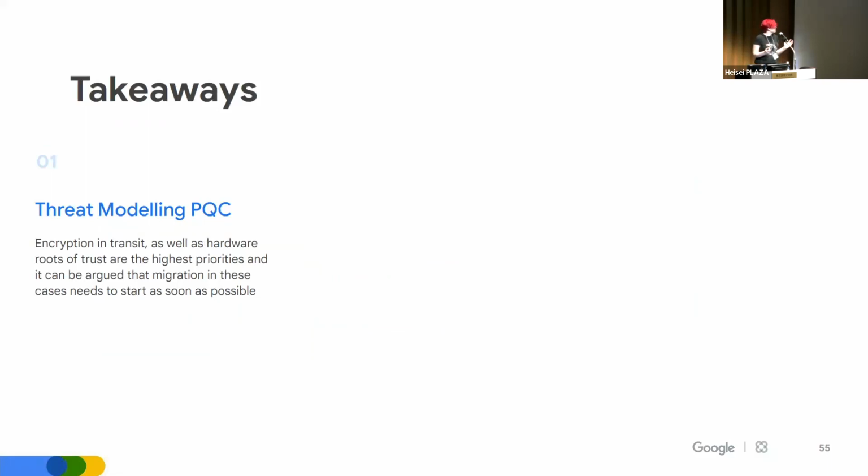So what are the takeaways of this? First of all, when talking about PQC in practice, it's very important to threat model things, because these things are expensive, these things take a long time. We need to make sure that we invest our resources in the best way possible. And that means the highest priority should be encryption in transit and these aforementioned signature schemes where the public key cannot be changed because it's burned into silicon somewhere. In those cases, you can argue that we are actually a bit late on the timeline because we do care about some data for more than 10 years. So we should probably get on with PQC rollout.